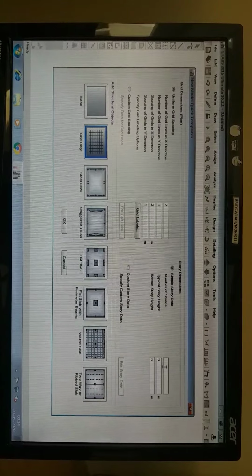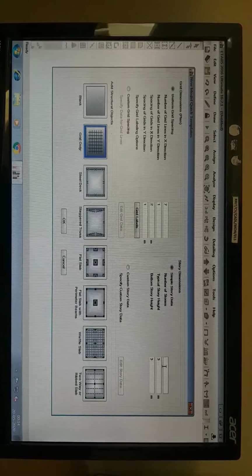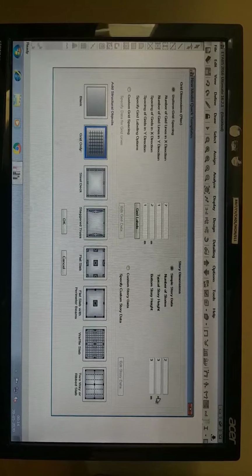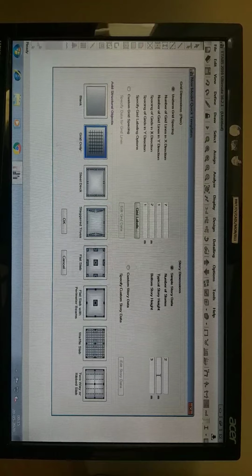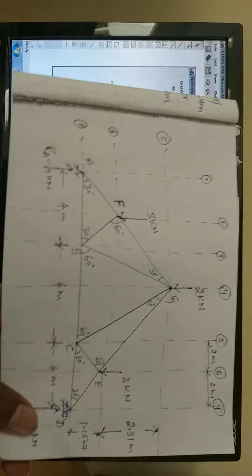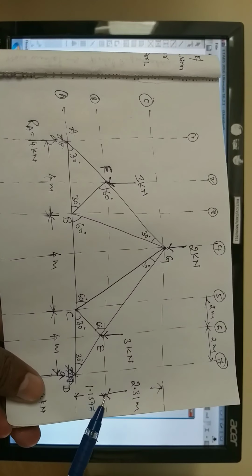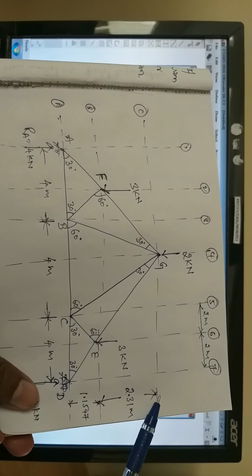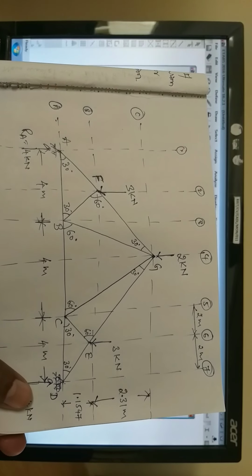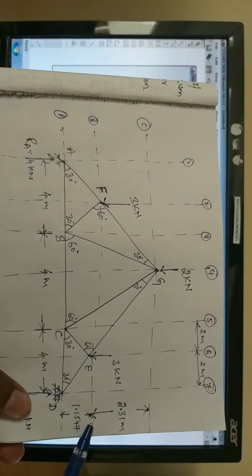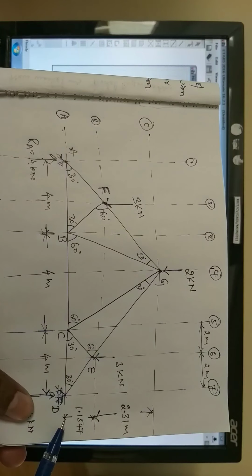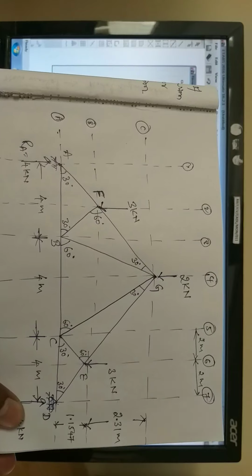We are going to have 2 stories, and the typical story height. The typical story means the first story and the second story. The typical story is going to have 2.31 meter and the bottom story is going to have 1.1547.